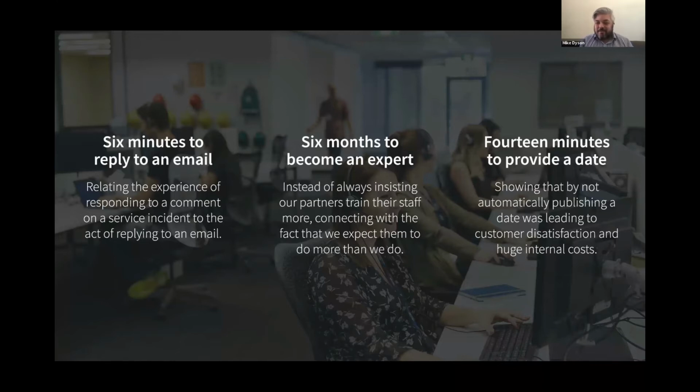But what I did with him was I went up to him and asked him, how quickly would it be if I sent you an email? How quickly could you respond to that email? And he looked at me and went, I don't know, in 30 seconds, I could respond to that. And I went, well, let me tell you what your team do. If we send a note to a service provider asking for further information, this is what your agents need to go through. It was a 6-system, 6-minute process